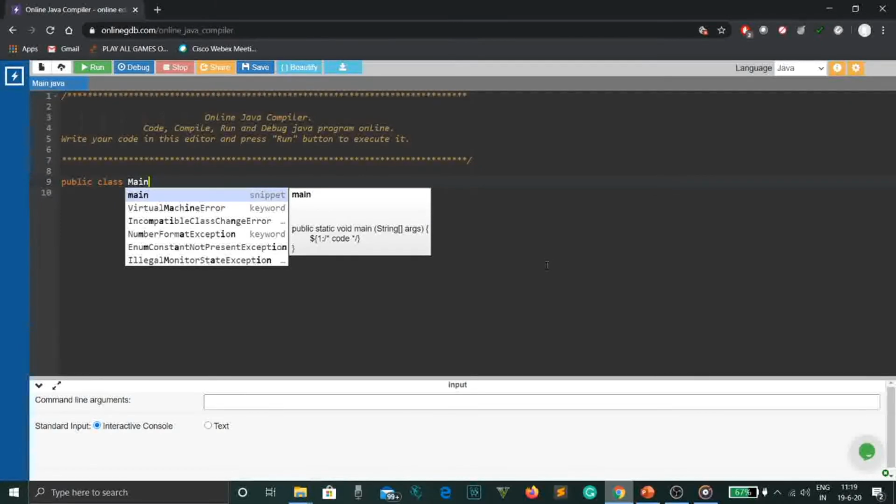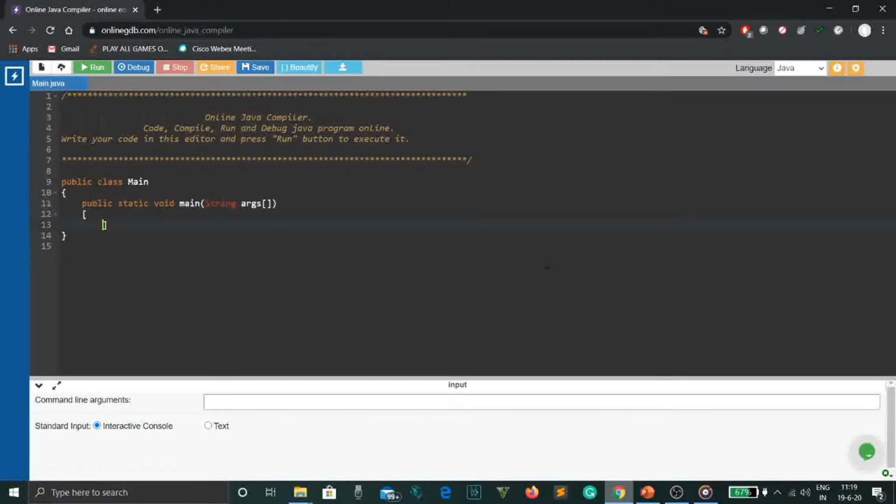Then we open the scope of the main method and declare our variables, or rather assign values to our variables. int a = 15, int b = 5. Since 15 and 5 are integer values, we give them the data type int. And then we write double result. We are taking another data type here, double, as you know that the result can be in the form of a decimal number. So we're using double. You can always use float, you can always use int, but we are just giving you an example here. So we are writing double result, and then we put a semicolon, of course, to terminate the statement.